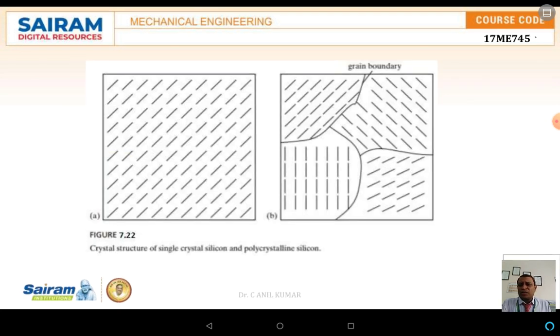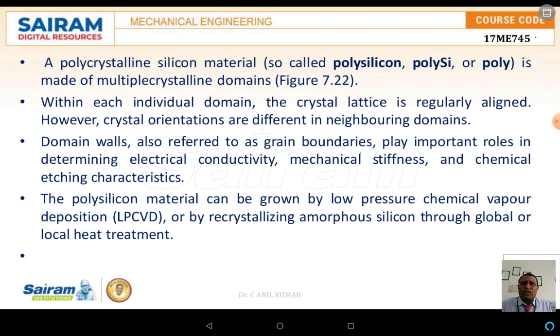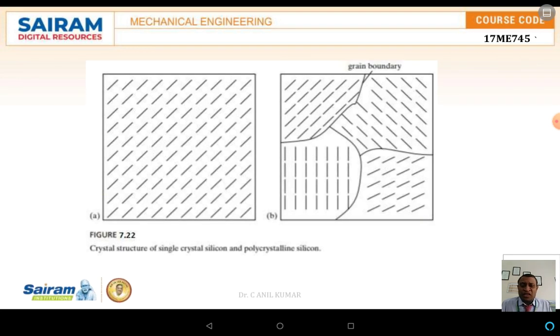Now, as we know, the polycrystalline silicon material, which is also called polysilicon or poly-C, is made up of multiple crystalline domains, which is represented in figure B, where the grain boundaries are there. But here the orientation is also in different directions.